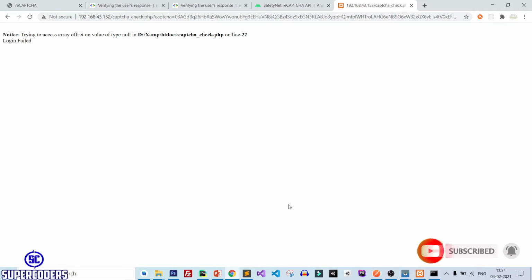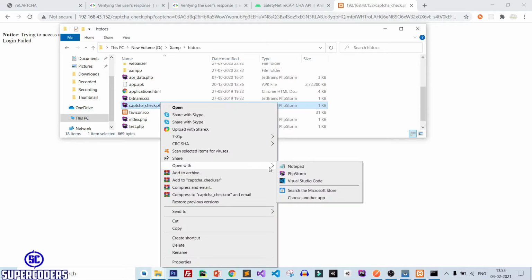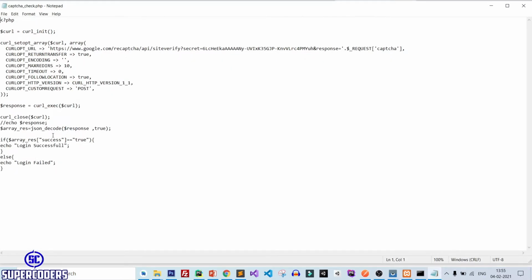So let's see what is this error. So again open this file, Notepad, and try to print this. So copy it, print_r, save it, back to Chrome, again refresh page, and it is showing nothing.